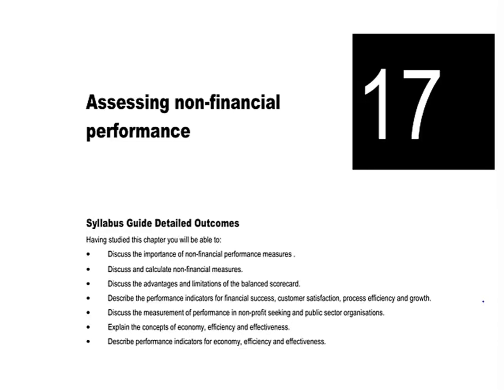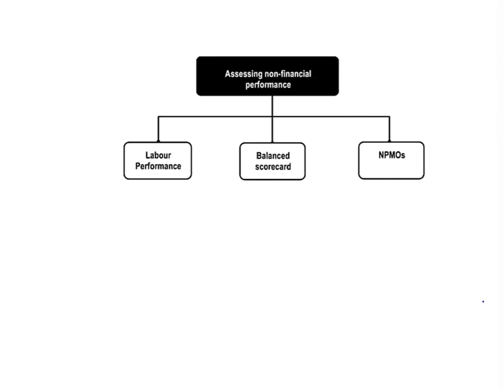Chapter 17 considers alternative ways then of assessing performance. So we're going to be looking at assessing performance then through non-financial measures. In this chapter then we're going to be looking at not-for-profit organisations, so those organisations then which don't have the objective to maximise the wealth of shareholders, which has underpinned our assumptions throughout the rest of the course. We're also going to be having a look at how we can assess labour performance, so that ties back in with chapter 5, and we're going to be thinking about a specific model for assessing non-financial performance, which is known